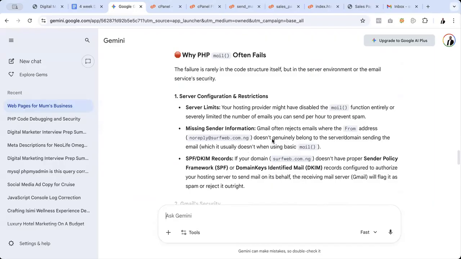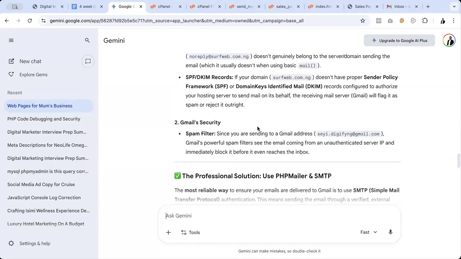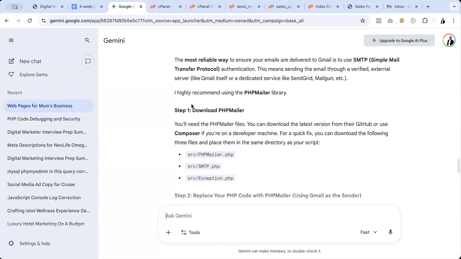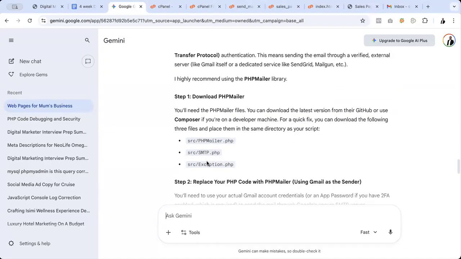Okay, from this doesn't generally belong to the server or domain name, which usually doesn't use the basic mail. So security check, spam filter for this. So the professional solution I need to do